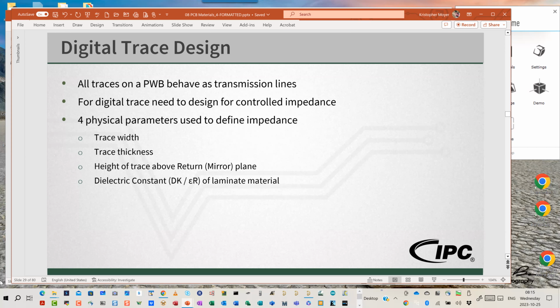Specifically, a transmission line made up of the traces on our board, right? Slightly different equations if it's a circular conductor and a high power transmission line up on the power pole, and so on. So those 4 physical parameters for the circuit board, printed wiring board, transmission line are the width of the trace, the thickness of the trace, the height of the trace above the return or mirror plane, and the dielectric constant